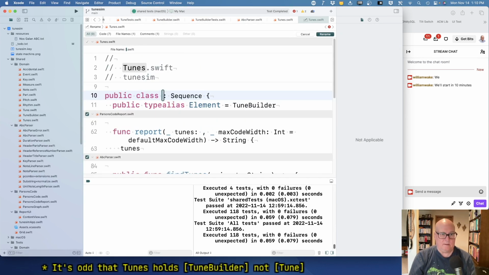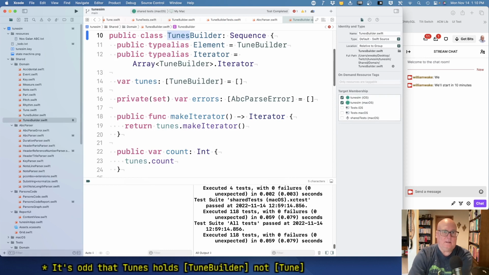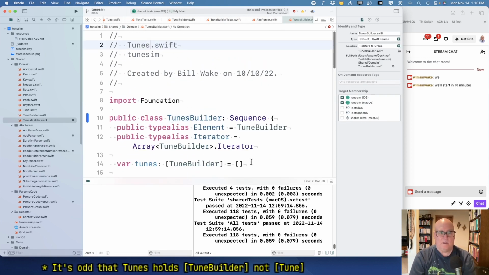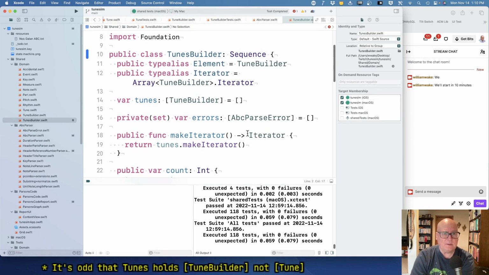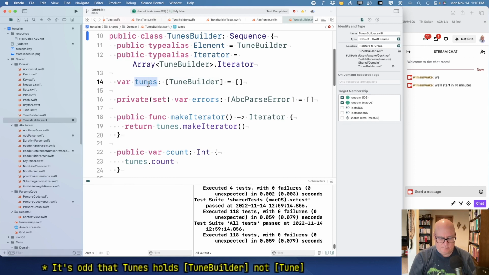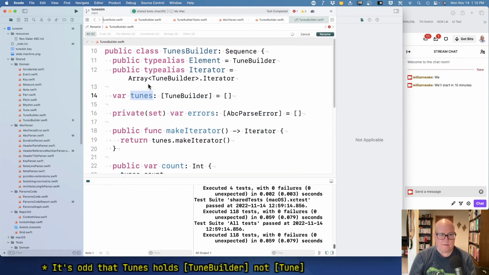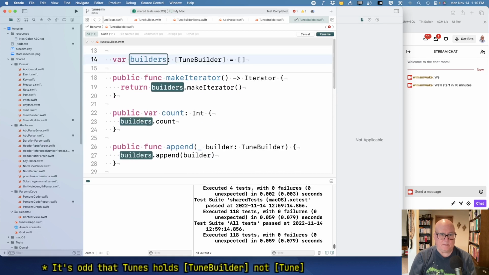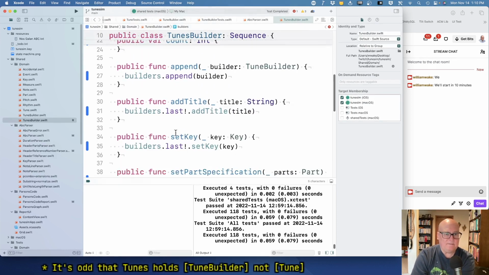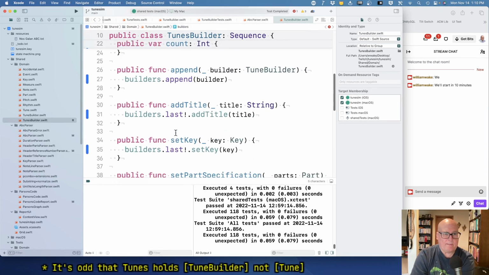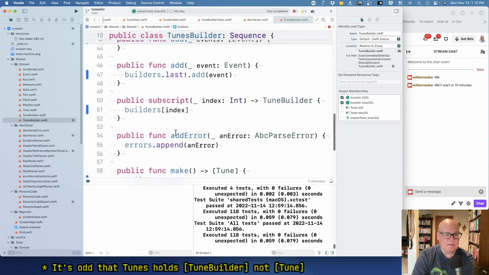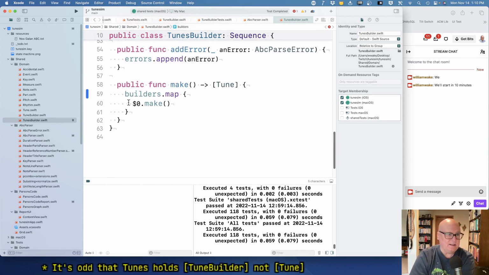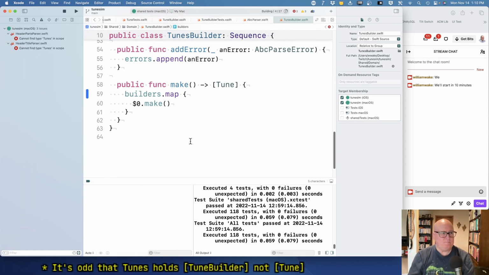Okay. TunesBuilder. And I think once again we're looking at a builder as a sequence, and it's not really its job to be one, or we were doing it for Tune before. Okay, and so TunesBuilder knows TuneBuilders. Okay, and these are actually builders. Builders. Okay, but I kind of feel like, yeah, there's just something going on funny there. I don't know. Okay, anyway, with this,